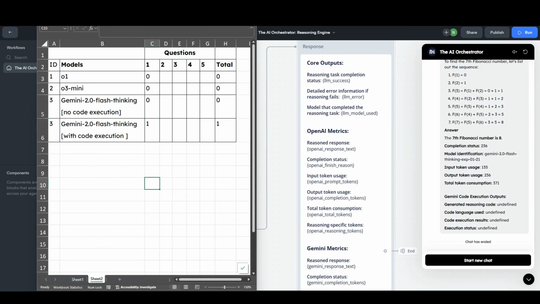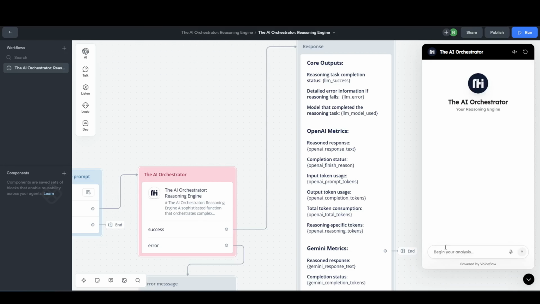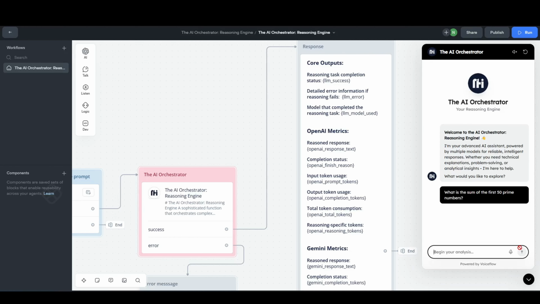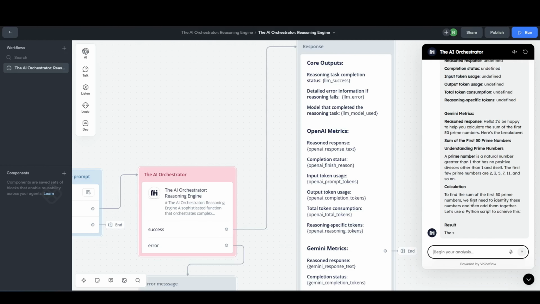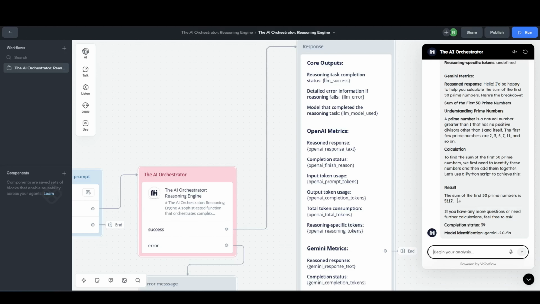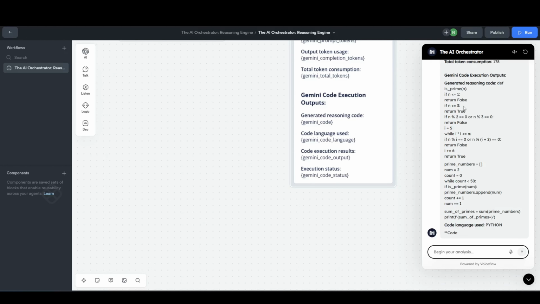So now it's leading. The next question that we have is what is the sum of the first 50 prime numbers? Since we already have code enabled, let's start from the bottom. This is going to use the Gemini 2.0 code execution. And we can see it got it correct. And now it's trying to generate the code that was used.